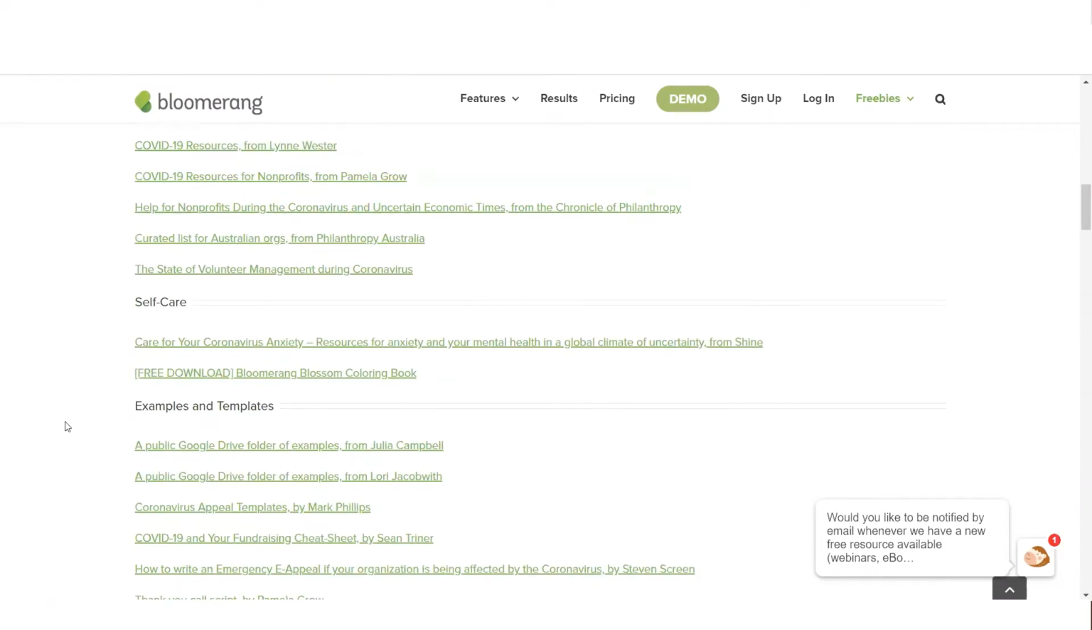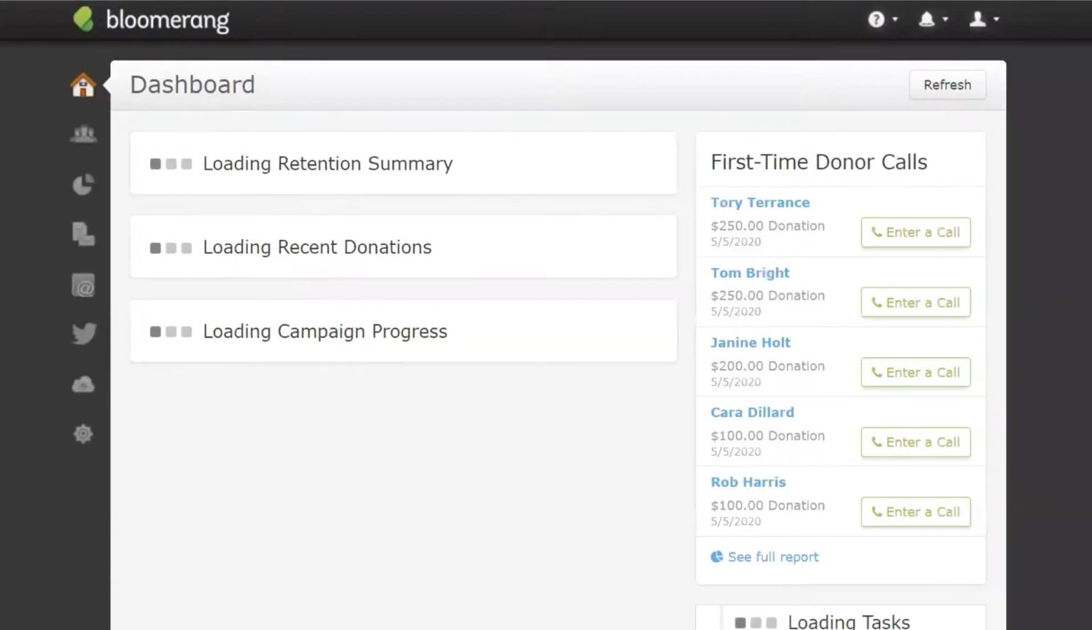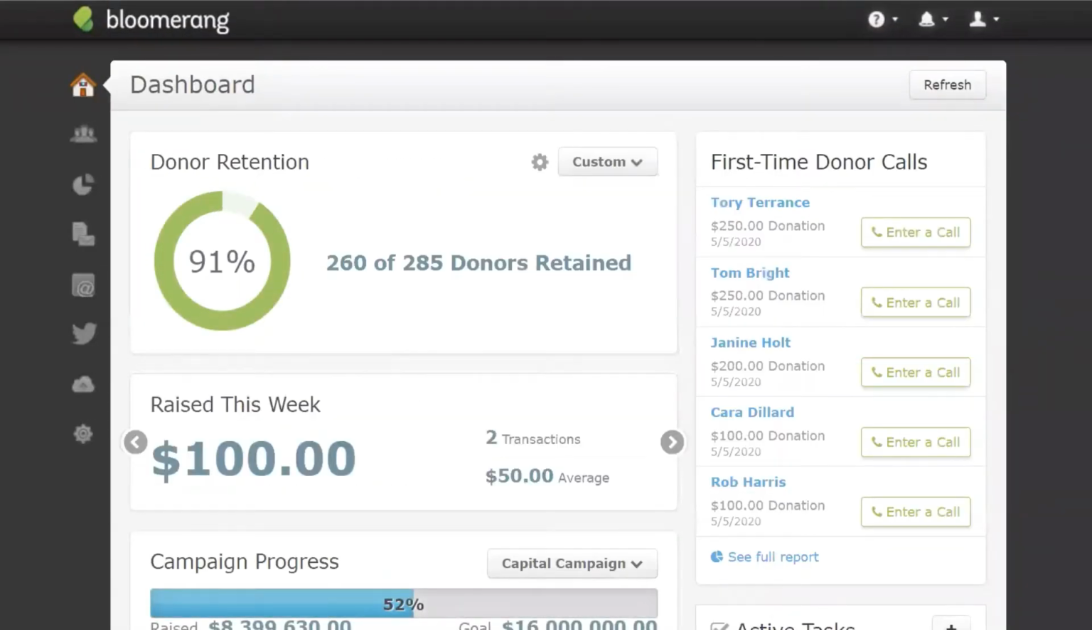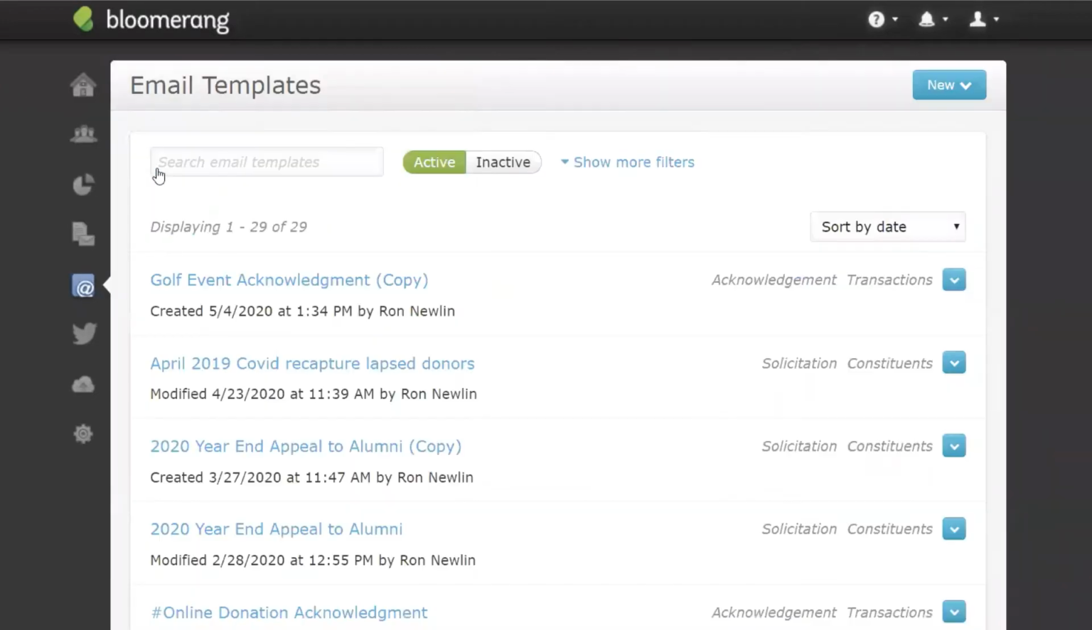The other thing I want to show you, in addition to all these freebies out there in the public, is if we do log in to your Bloomerang database, as I'm logging in now to my sample database, under emails, we've added a whole new batch of email templates. So you go to emails, go to email templates, go to new, and in addition to the existing starter templates that we provide, we have a series of COVID-19 templates